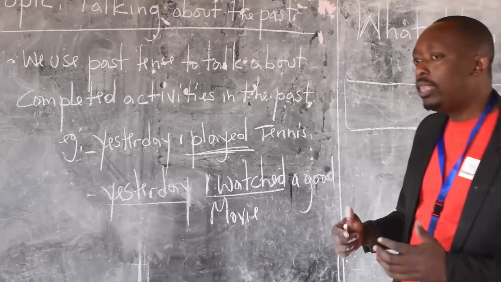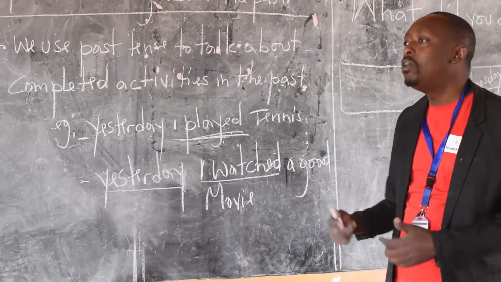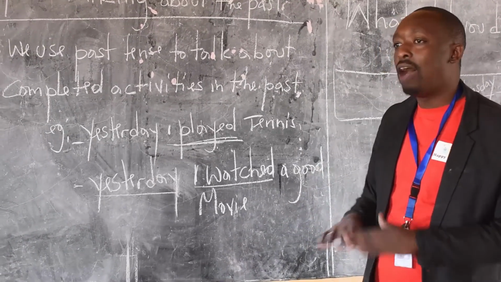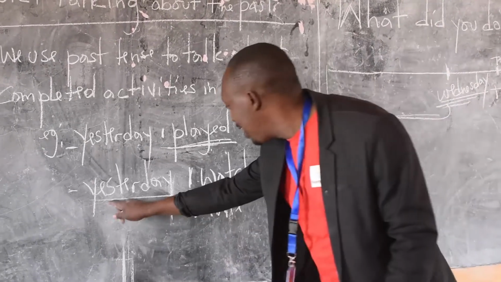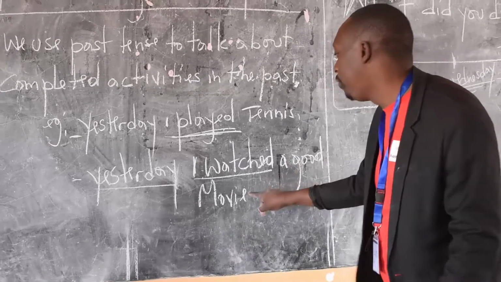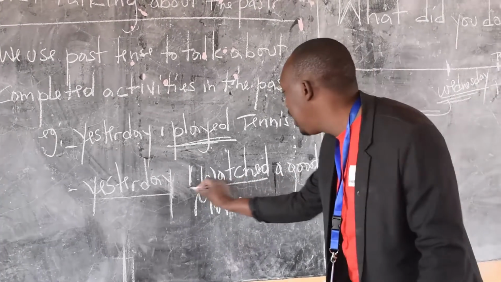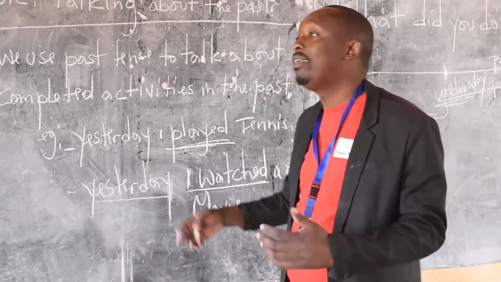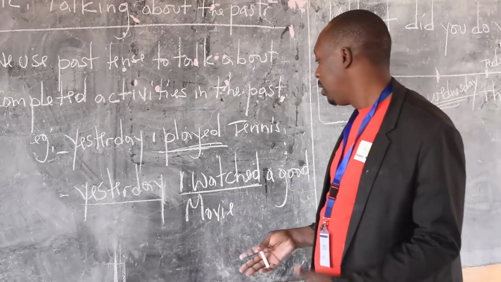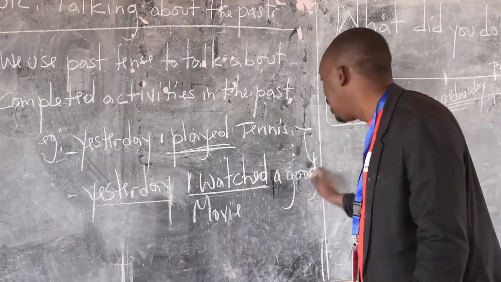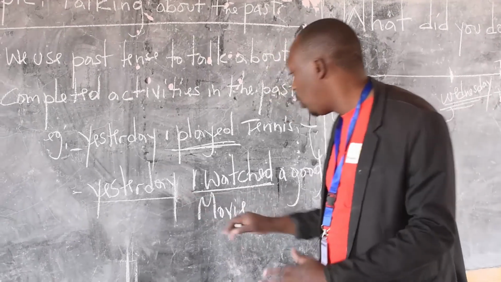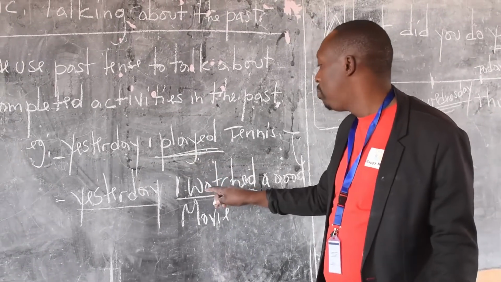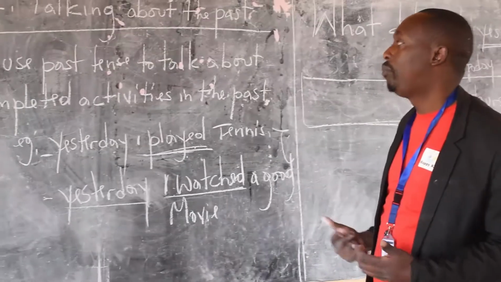So, if we are talking about things we completed before today, then we have to put the verb in past simple tense to show that those things have been completed. So, when we say, yesterday I watched a good movie, then it means we are talking about the past. Some people also call it yesterday time. Okay, so these are some examples I can give you which clearly show you how we can use past simple tense to talk about the past.